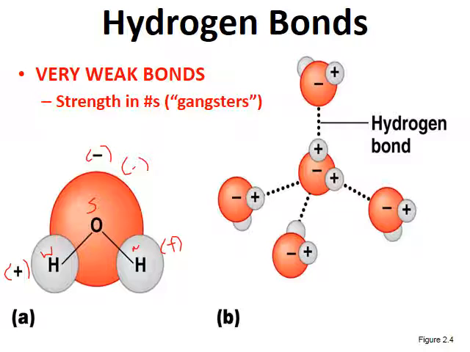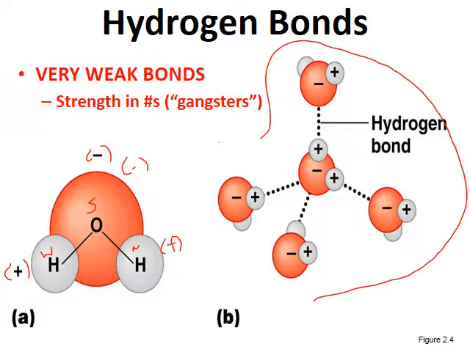If we look at water in liquid form, it's going to associate with other water molecules via these hydrogen bonds, and these water molecules are going to change their orientation based upon what partial charge they're around. If we look at this figure over here, when water is in the form of ice, it forms 4 hydrogen bonds with other water molecules. You can see this central water molecule has partial negative areas and partial positive areas.